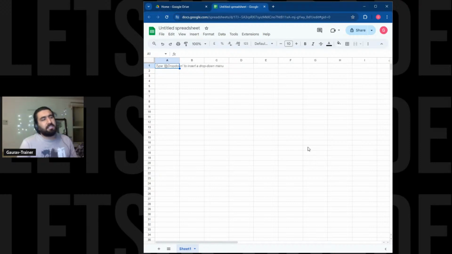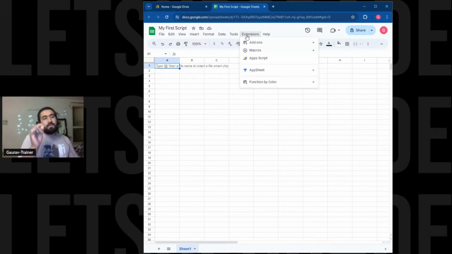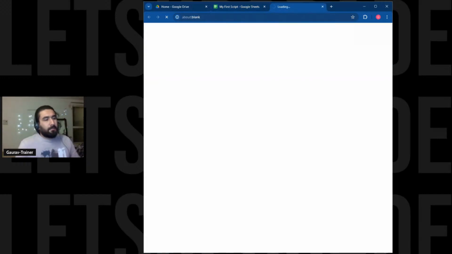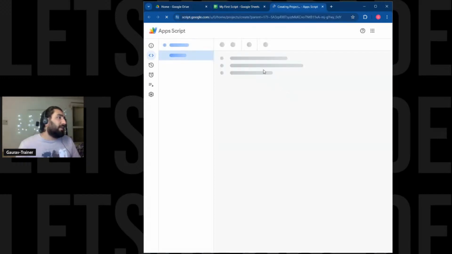So in order to achieve this, let's create one simple sheet, my first script sheet. I'll create it. What you have to do is go to the Extensions menu at the top. Once you click on it, you will see an option known as Google Apps Script. When I click on it, you'll land on a completely